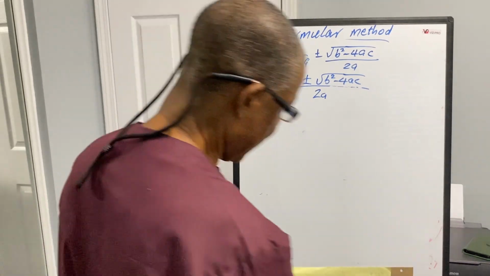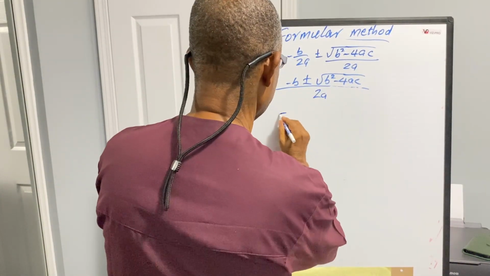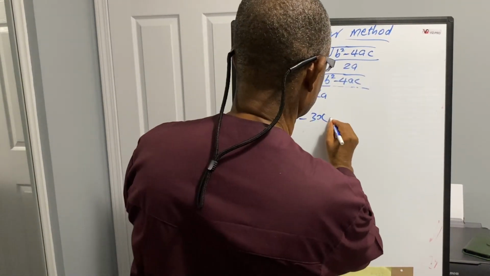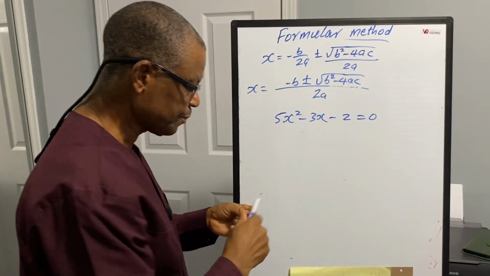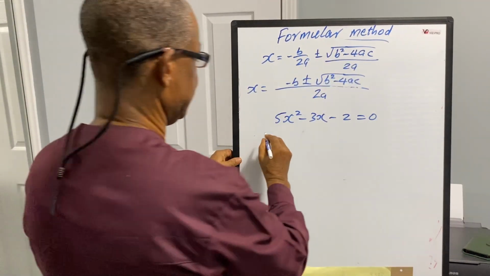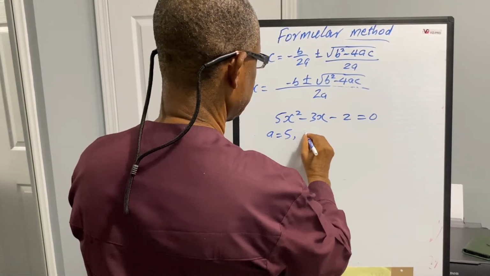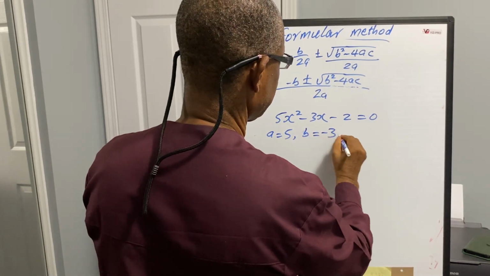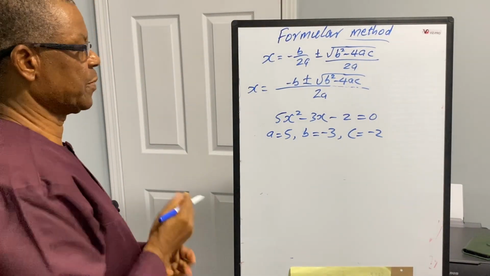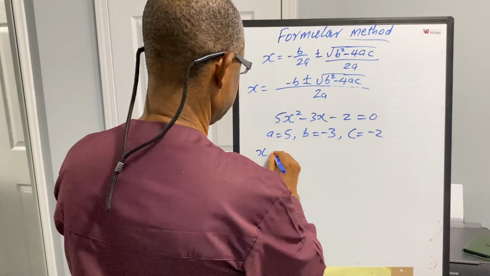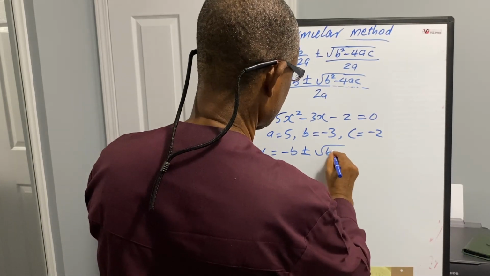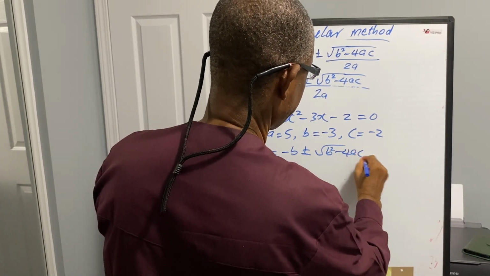For example, I have to solve 5x squared minus 3x minus 2 equals 0. We take those values that are in the formula. a here is 5, b is minus 3, and c is minus 2. Then we present the formula that x is equal to minus b plus or minus the square root of b squared minus 4ac all over